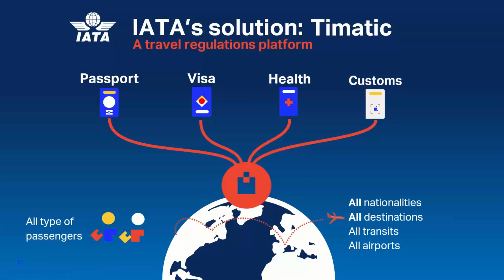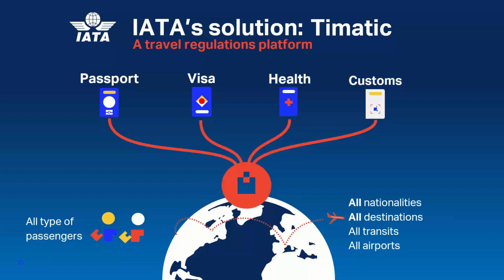So let me dig into this a little bit further. What is Thematic? Essentially, Thematic is a tool maintained and managed by IATA. This tool contains regulations on passport, visa, health requirements, and that is in addition to information on customs. It is used during reservation and check-in by the entire airline industry around the world to determine travel border control